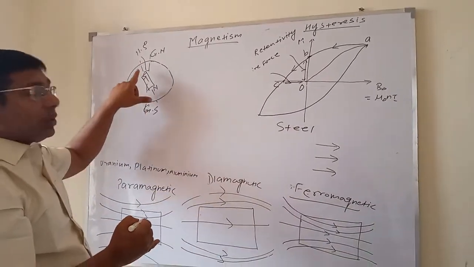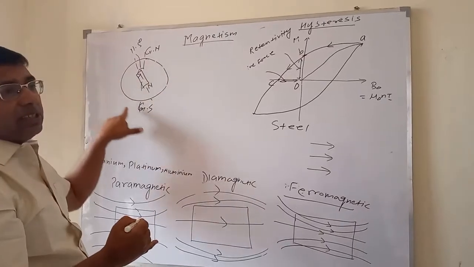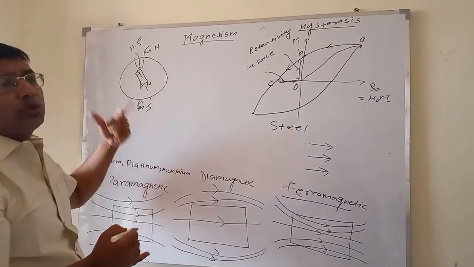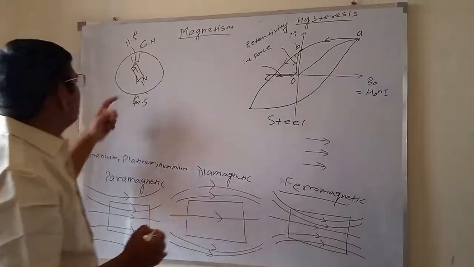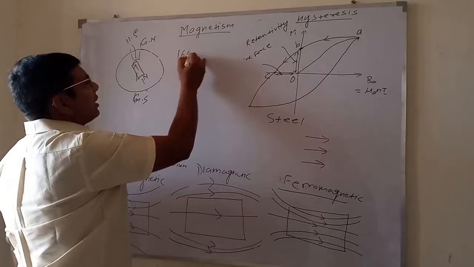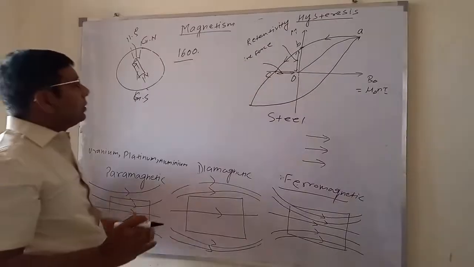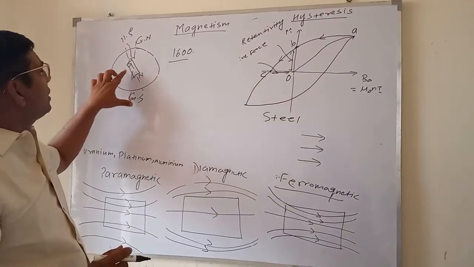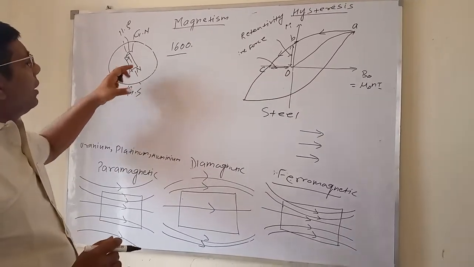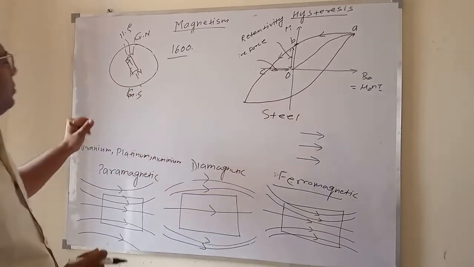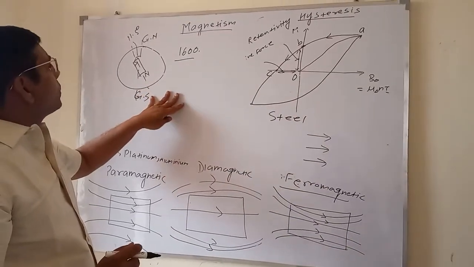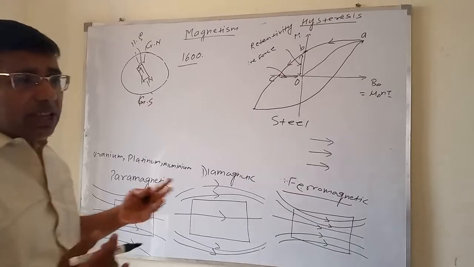But one thing is that this keeps changing. The magnetic pole of the earth keeps changing due to solar wind and other reasons. Around 1600, it was discovered that the earth is a magnet, and even before that the compass was made. And after this, we know its applications are everywhere.